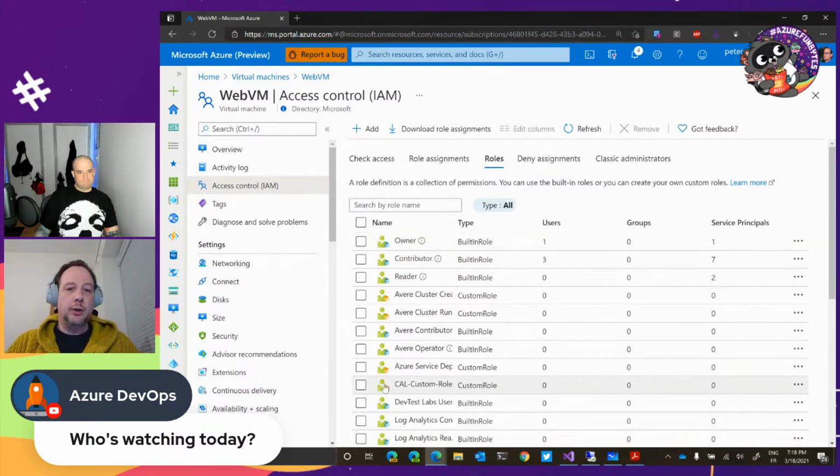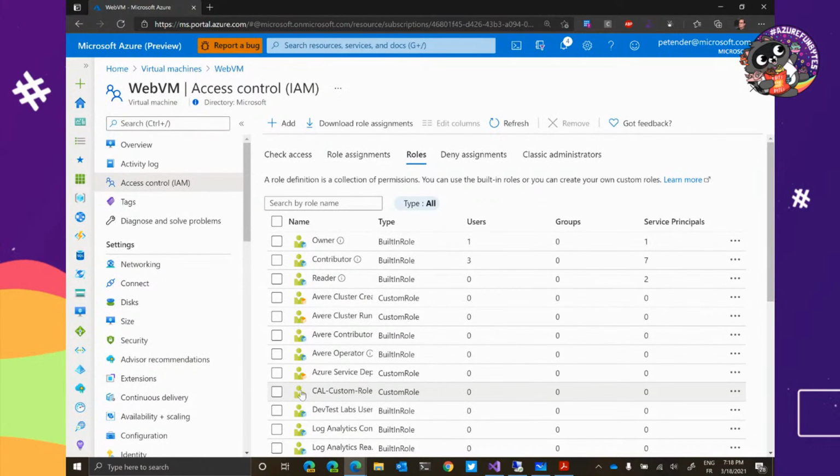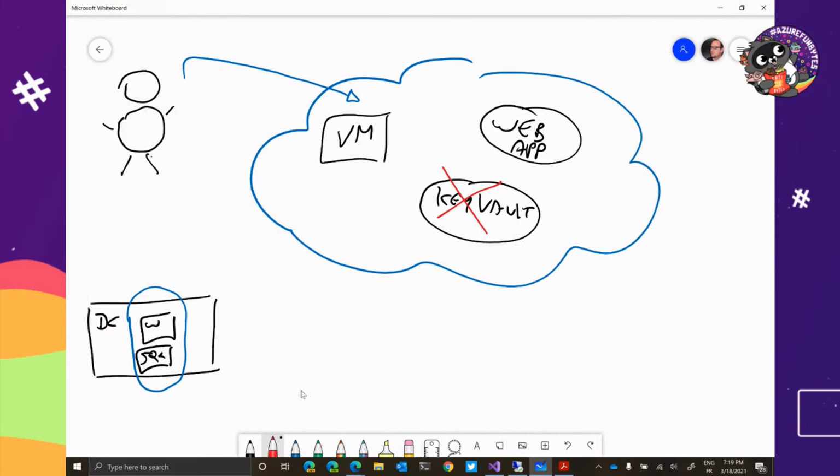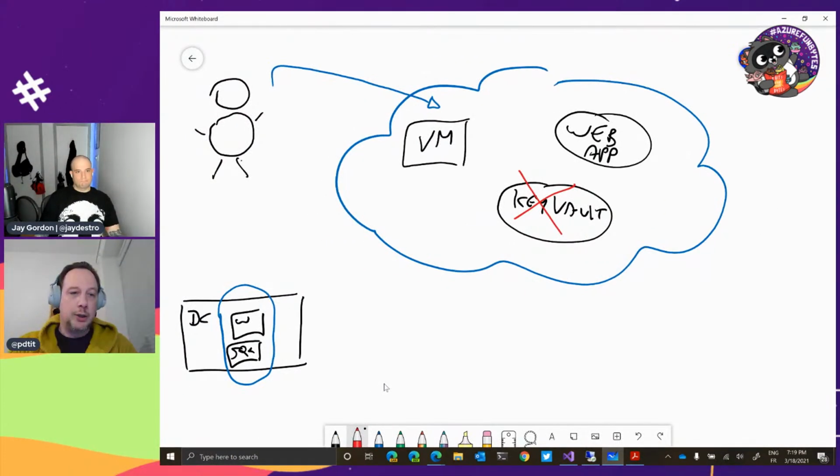Now, why is this important? Because it starts with that identity object. My admin account, PE Tender, is the admin account of my subscription, locking down what I can do inside my subscription. Now, from here, we could take it one step further and allocate groups, because Peter is probably not managing the whole Azure environment by himself. So we're going to extend it by adding other admins,